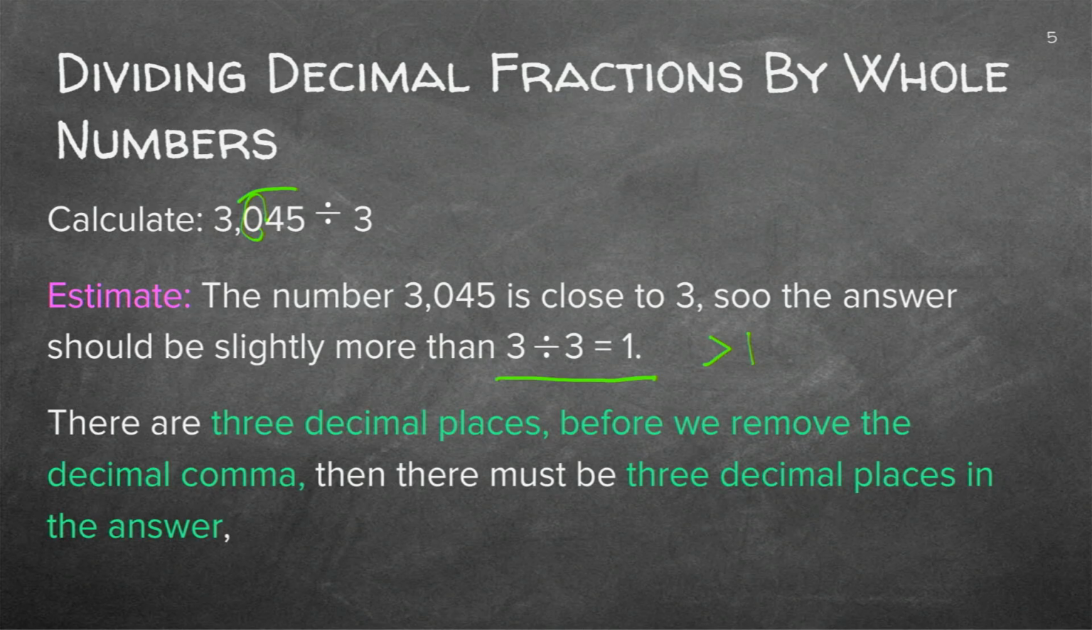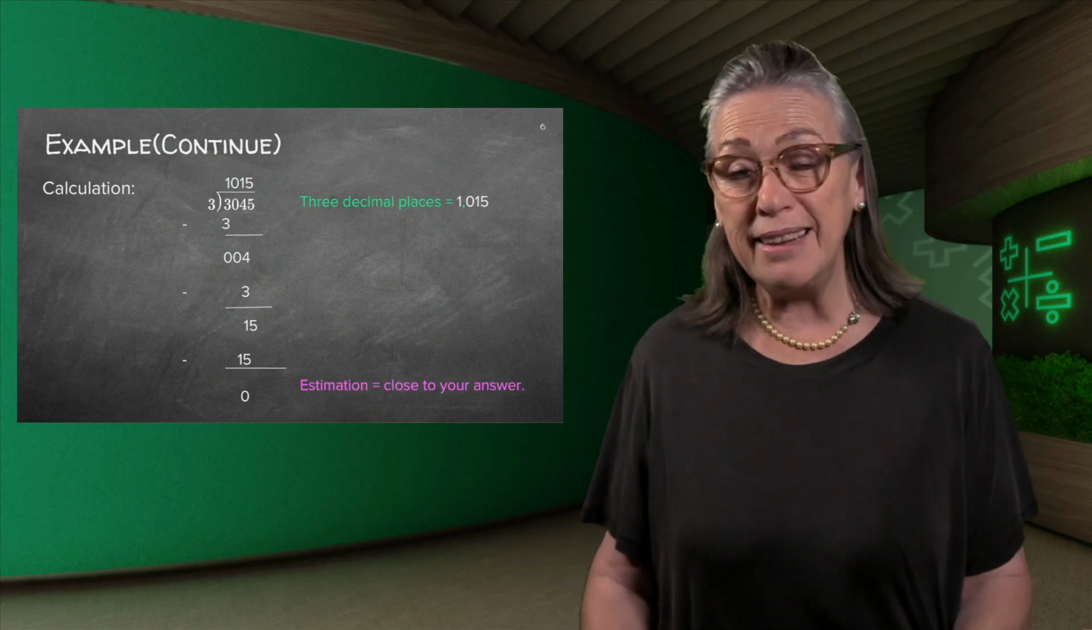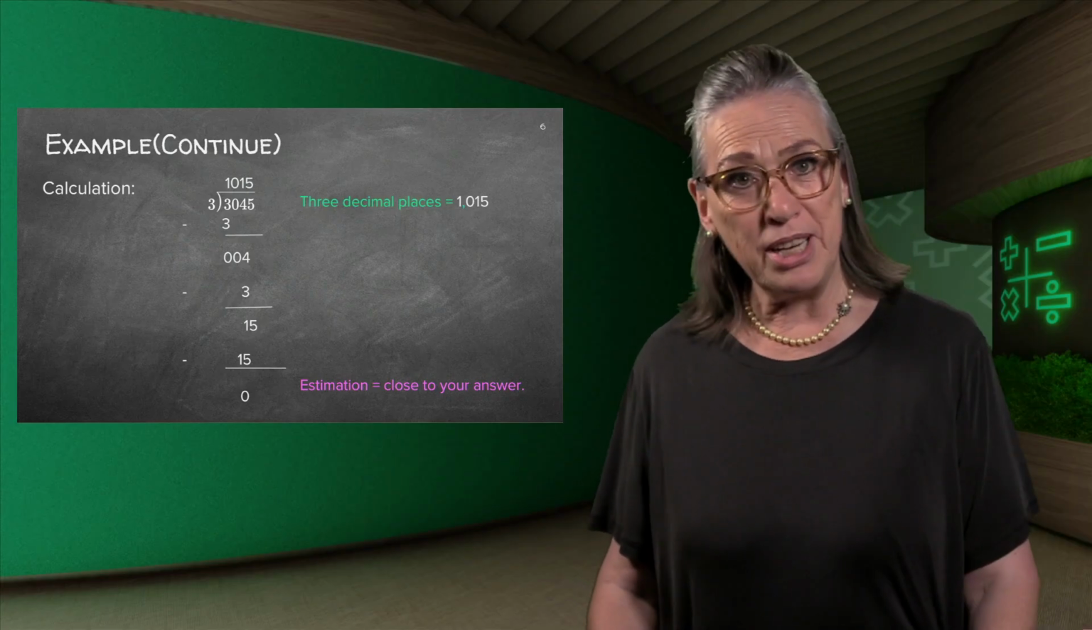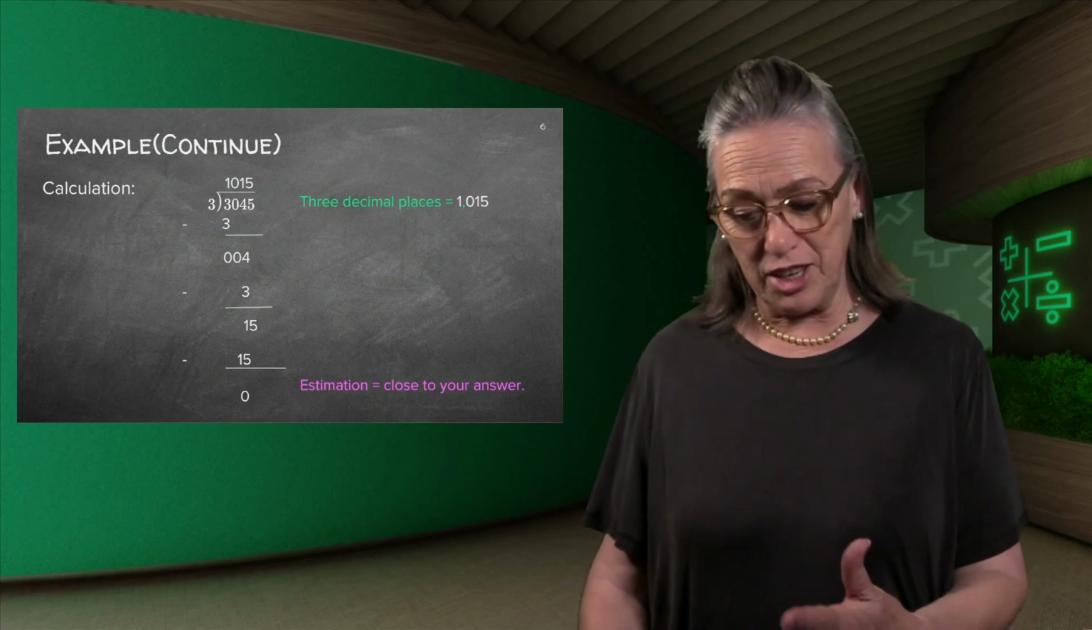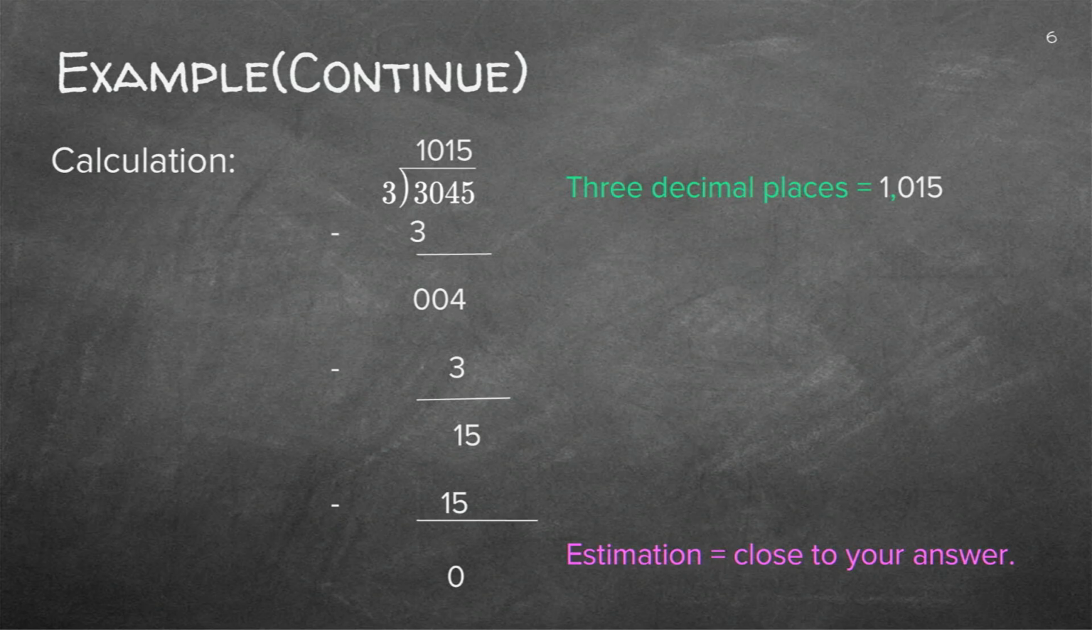Now, when we do the calculation, we know that there are 3 decimal places, and we're going to remove them. We're going to do our long division, and then we're just going to add them back. If you can't remember how to do long division anymore, remember we've done this under whole numbers. You can go refresh your memory and then come back, and then you'll understand again what I've done. But for now, we're going to say 3045, we're going to divide 3 into that, and our answer is